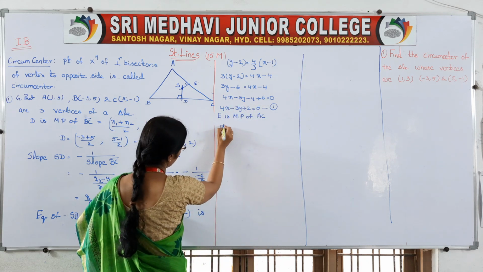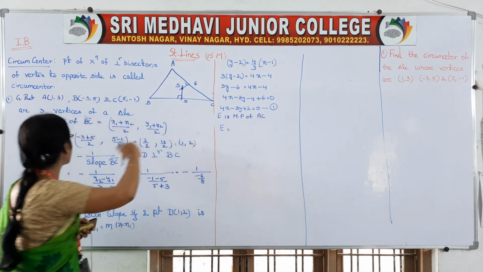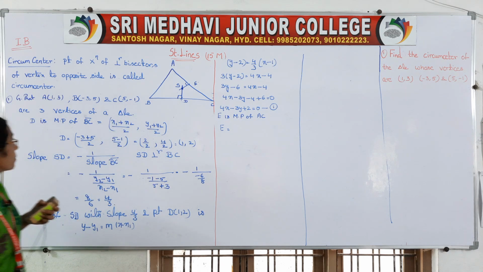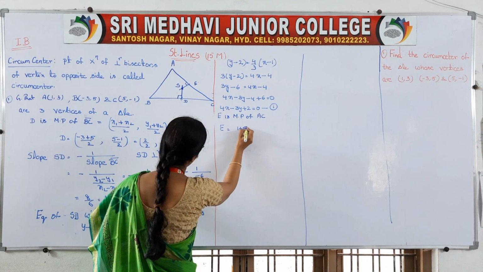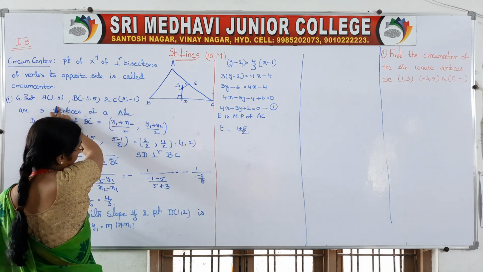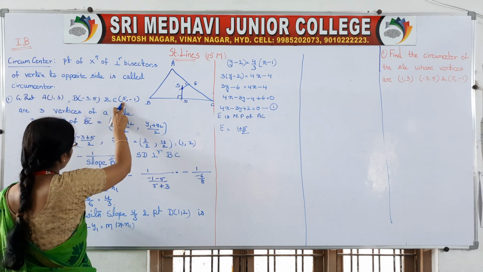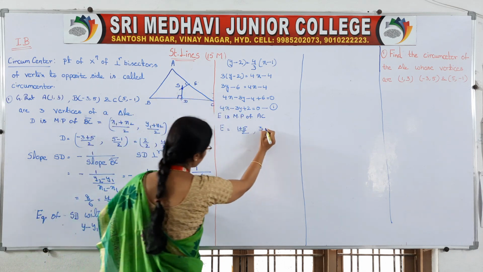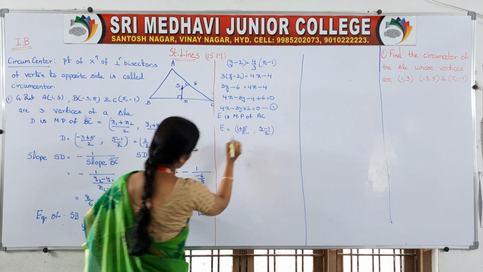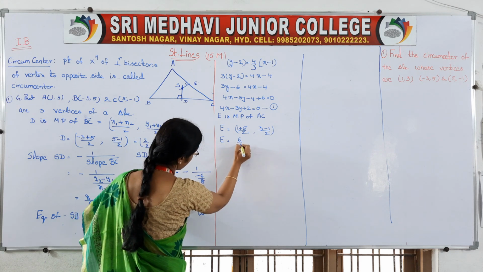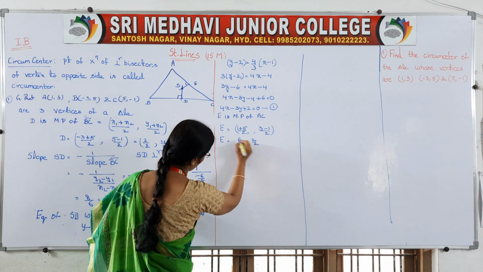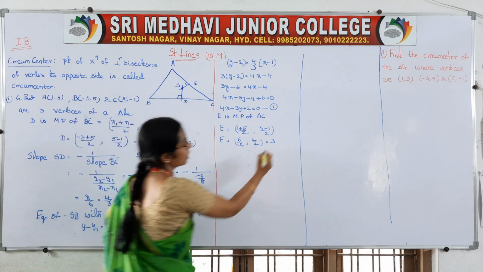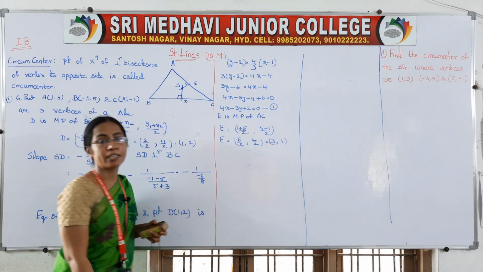You already know the formula for the midpoint that we applied, so here you can take your values directly. For AC, you consider the A point as x1, y1 and the C point as x2, y2. So x1 plus x2 by 2, 1 plus 5 by 2, and y1 plus y2 by 2, 3 plus of minus 1 by 2. So E is equal to 6 by 2 and 2 by 2. 2 3s are 6, 2 1s are 2, so 3 comma 1 is your E.